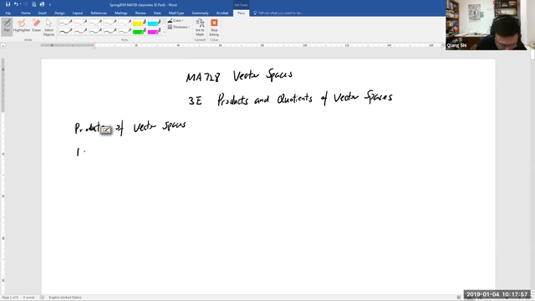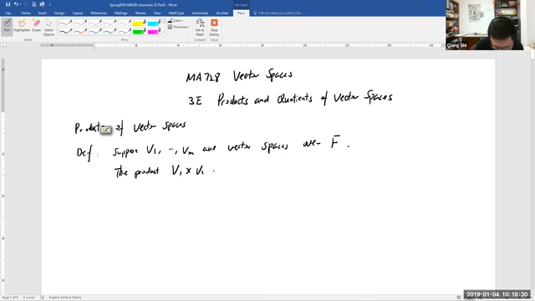So the definition here says, suppose V1, V2 up to Vm are vector spaces over the same field F. All right, so all these vector spaces need to be over the same field F. And then the product V1 times V2 times up to V sub m